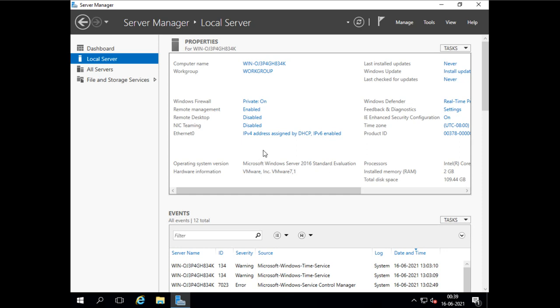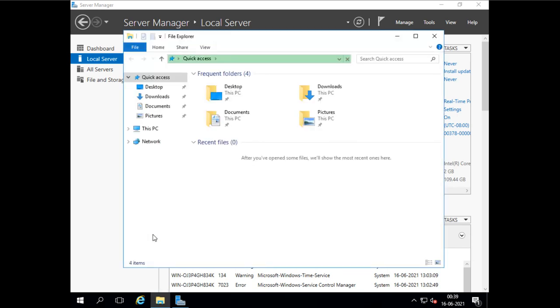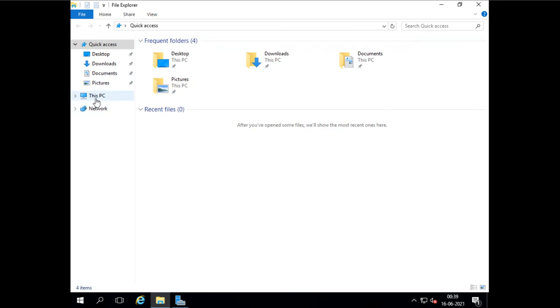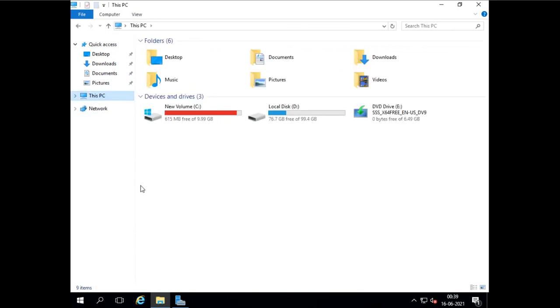Now we see where this operating system is booting from. In this PC, it is showing this C volume, and this C volume is only 10 GB.